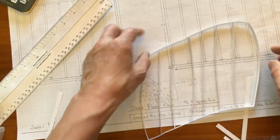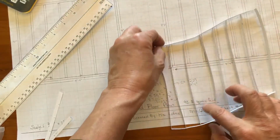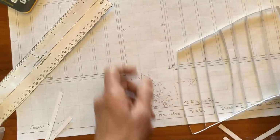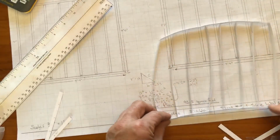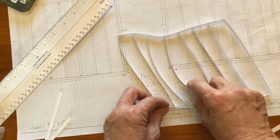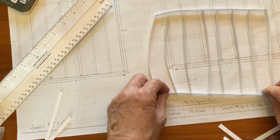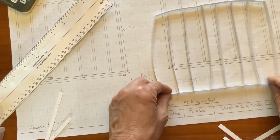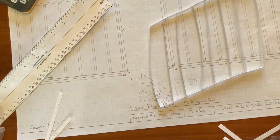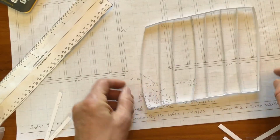Now, I think what I might do, I'll show you guys. I'm probably going to pause it to do it so that it doesn't take quite so long videoing it. But I think what I'm going to do is make some corner pieces that I can tape into my corners and make them structurally a little more rigid so that it holds its shape and is a square for us, okay? So I'm going to go ahead and draw those and cut them out, and then I'll show you what I